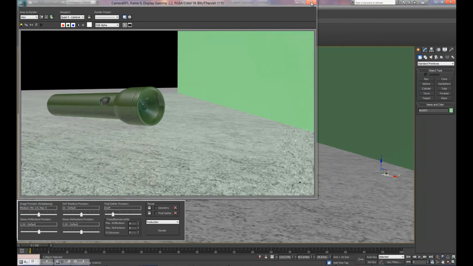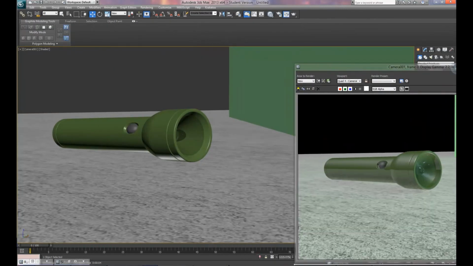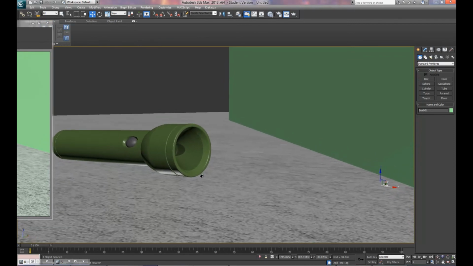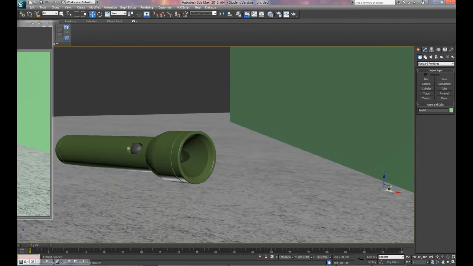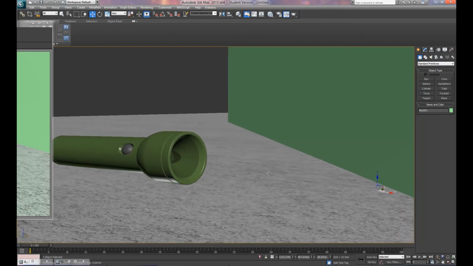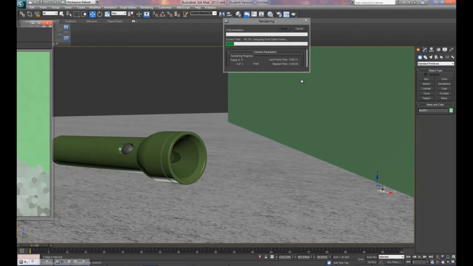Depending on the power of your computer, this may take a while. I have a hex core 3930K at 4.5 gigahertz, and that definitely will make this go a little bit faster than most people's computers, but just be patient. I recommend rendering out some drafts before you decide to do your final render every time, because then you don't want to do your final render and be like, oh no, well this looks awful and I have to redo it. So I don't really like how that's looking. I want to change this up a little bit and mess with my scene,